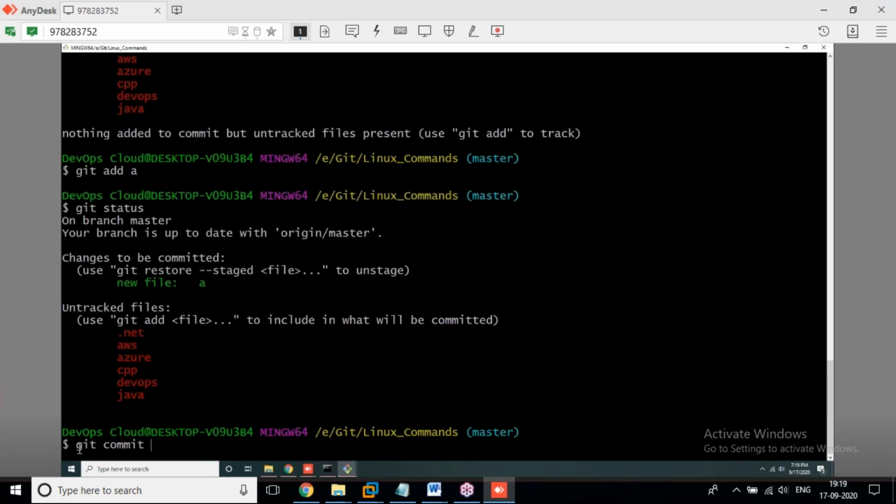Keep in mind, git commit -m for message, within double quotes or single quotes; you should maintain any one, single or double. Now, test commit first time. I'm not going to specify any particular file here.